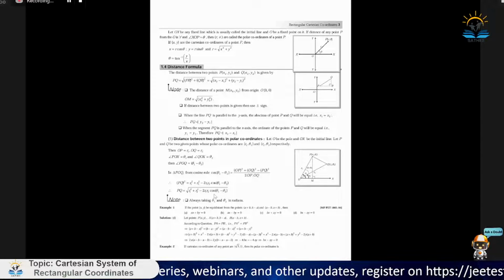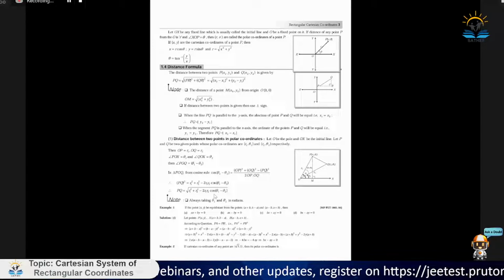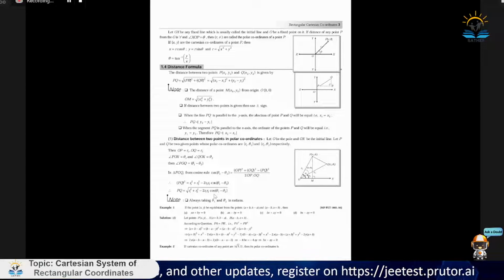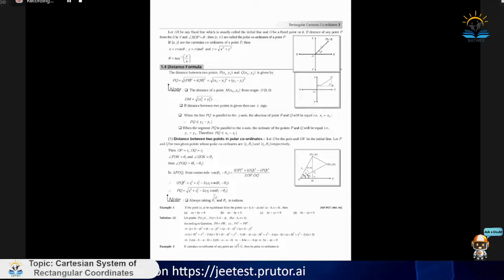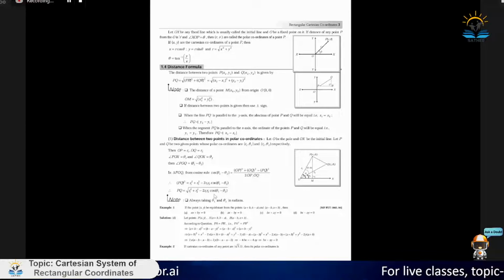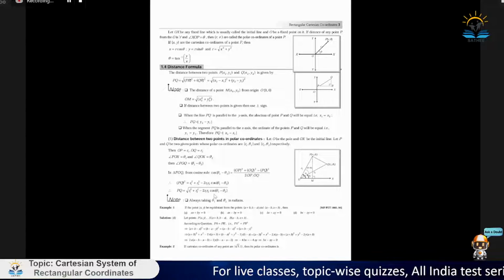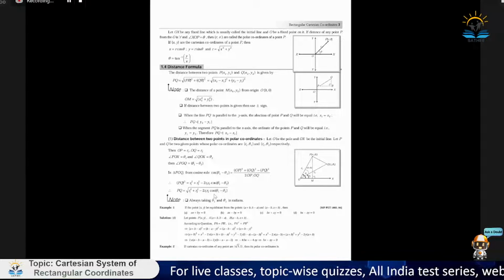And if you want to find the distance between 2 points, P and Q, as you can see in that picture, which has coordinates x1, y1 and x2, y2, the distance is root over PR square plus QR square. PR square, as you can see, there is a right angle triangle with respect to R. So PQ is the hypotenuse, and you can find the hypotenuse measurement by square root of PR square plus QR square, and that you can get as root over x2 minus x1 whole square plus y2 minus y1